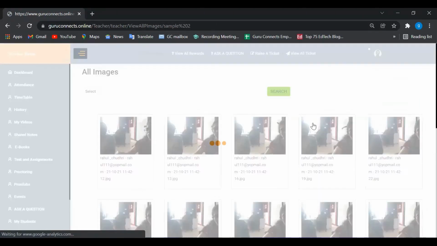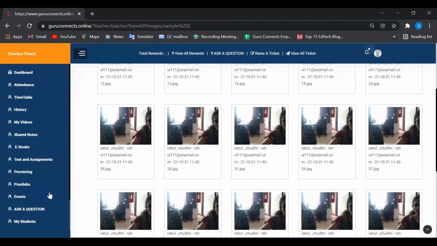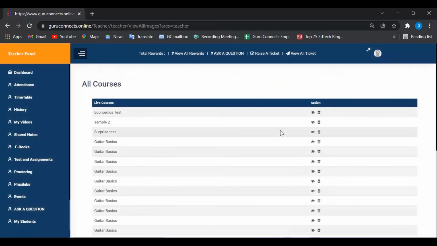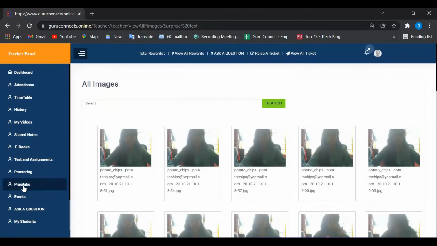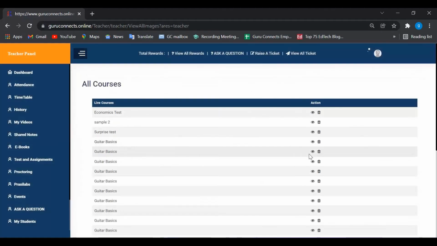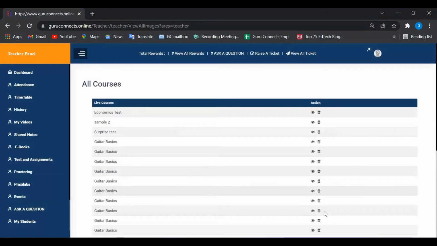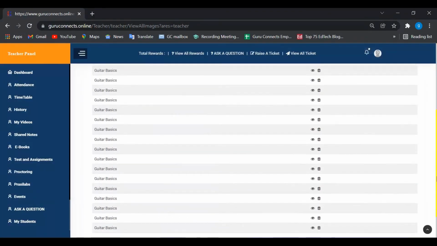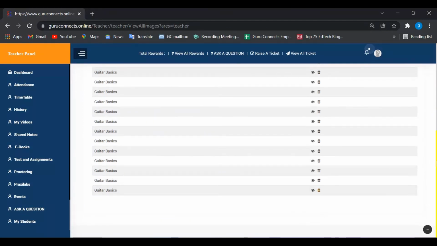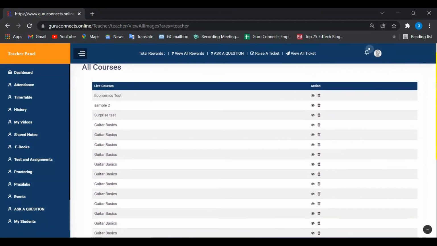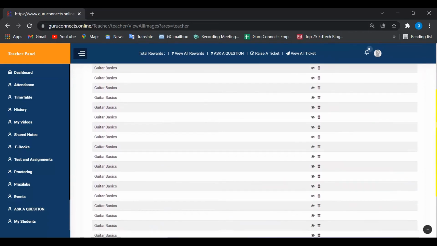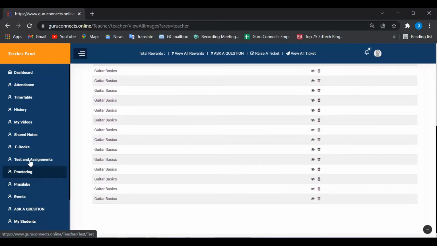Let me show you this. These are the different images that are there. Surprise test. So these are all the images that we have taken the exam for. So unless and until you will be deleting this, this will not get deleted.